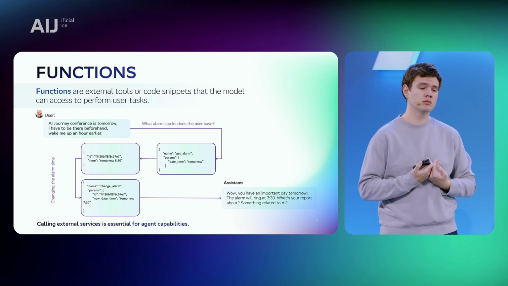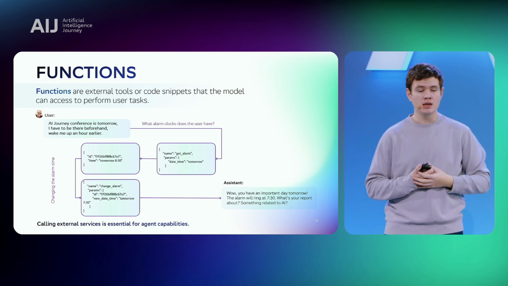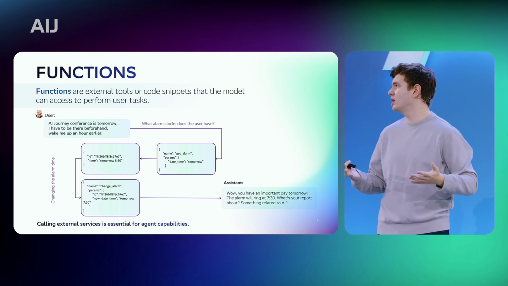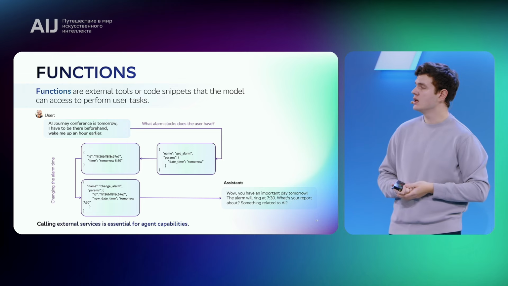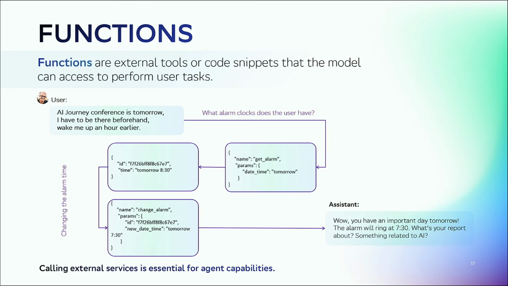To make sure that GigaChat could use the external tools, we are developing the functions technology. On that slide, you can see the concept of how this technology works. The user, for instance, would say, "I have the AIJ Journey conference tomorrow and have to get up 1 hour earlier." GigaChat understands that it is addressing external information because GigaChat doesn't know what kind of alarms the user has, and it checks get alarms, understanding what alarms are there,